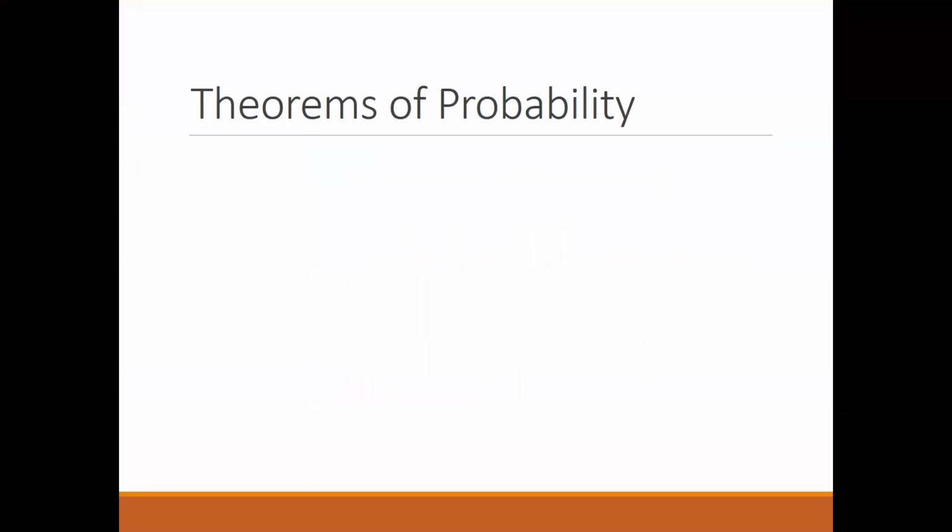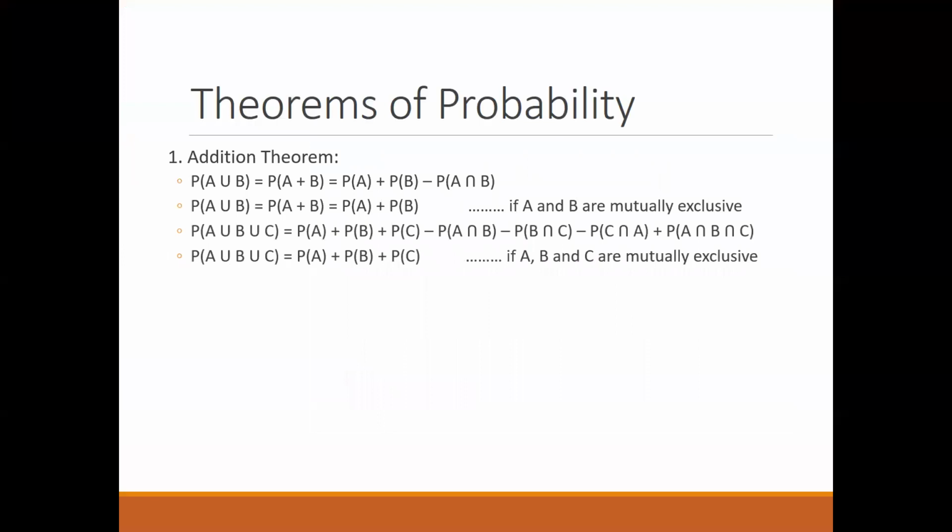Okay, the theorems which we saw last time, we can take a summary of this. So the addition theorem we saw, you can note down this. Now in this, especially while writing the equations, I have made use of the different symbols. This is for your union. You can see this sign, the first sign which we have here. So A union B, this is for your OR.